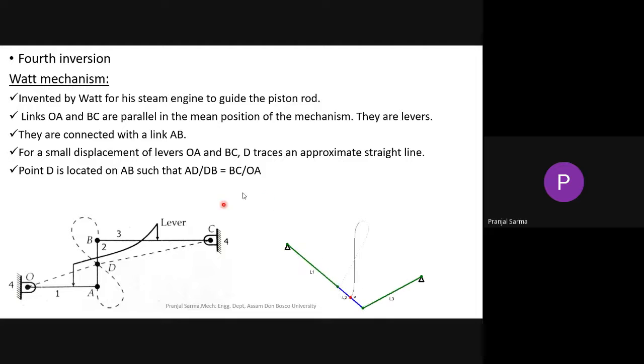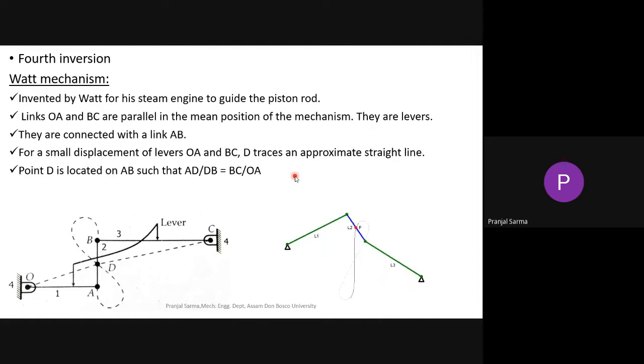So basically, I believe all of you have heard about James Watt, who is the inventor of the steam engine, right? While he was working on the steam engine, he needed to guide that particular piston rod in an almost straight line fashion. And for that, after so many iterations, so much trial and error, he came up with